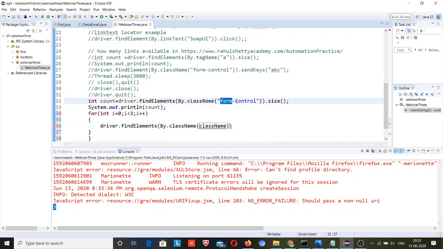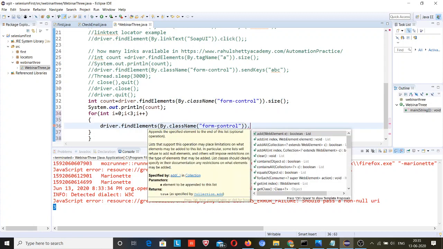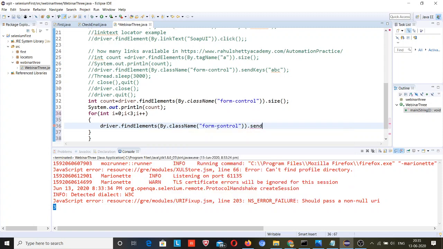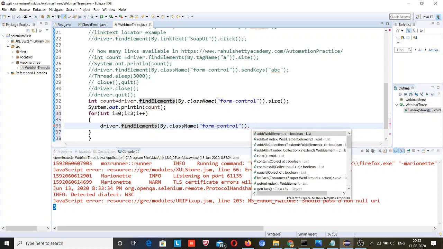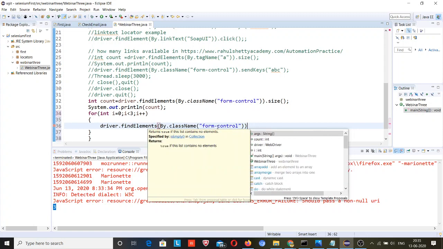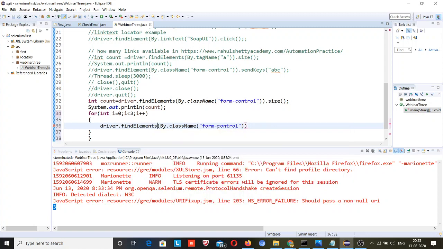Class name is form-control, dot sendKeys. Okay, this findElements doesn't have the sendKeys method available.